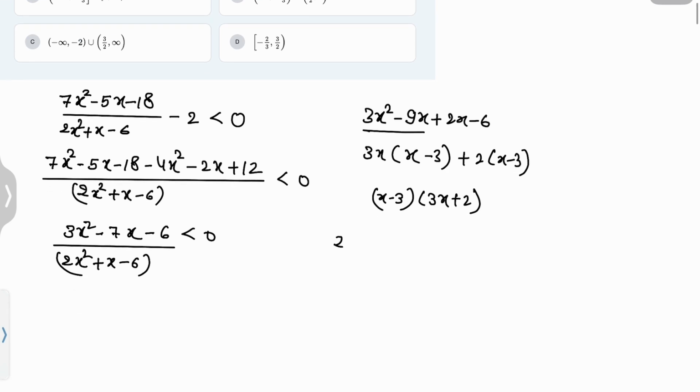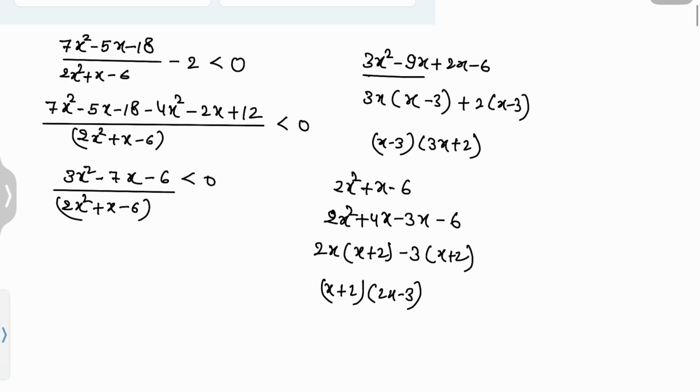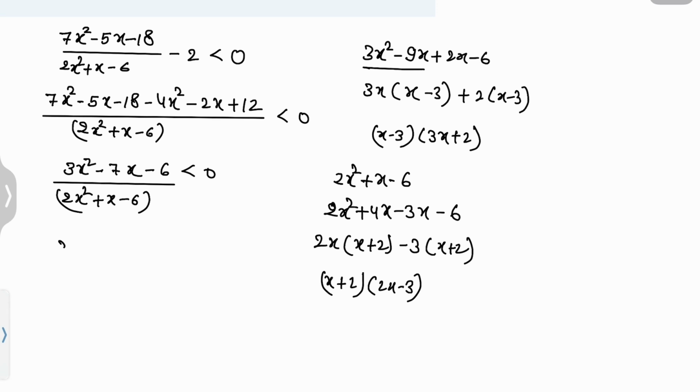Same as well as the factors of 2x square plus x minus 6. 6 into 2 is 12, the factors of 12: 2x square plus 4x minus 3x minus 6. So 2x is common, x plus 2, and minus 3 is common, then x plus 2. So x plus 2 is a factor and 2x minus 3 is a factor. So there are four factors. First is x minus 3, 3x plus 2, and the denominator is x plus 2 and 2x minus 3, right, and